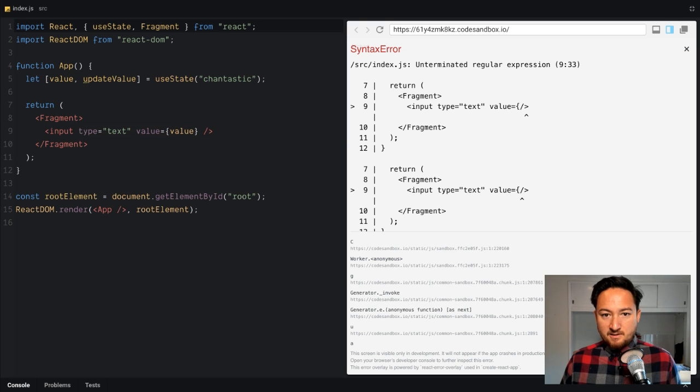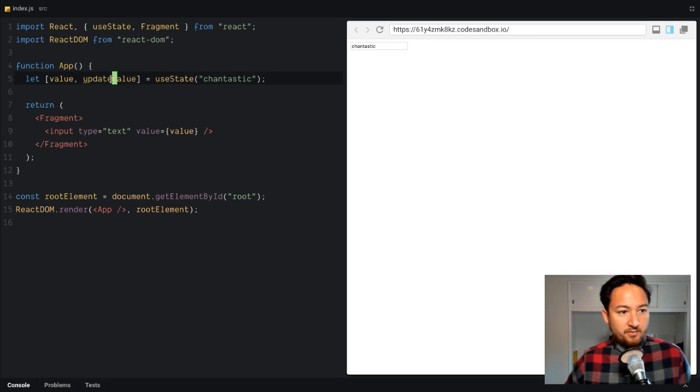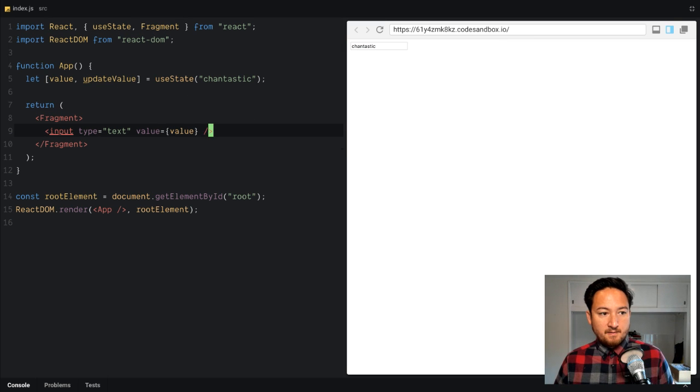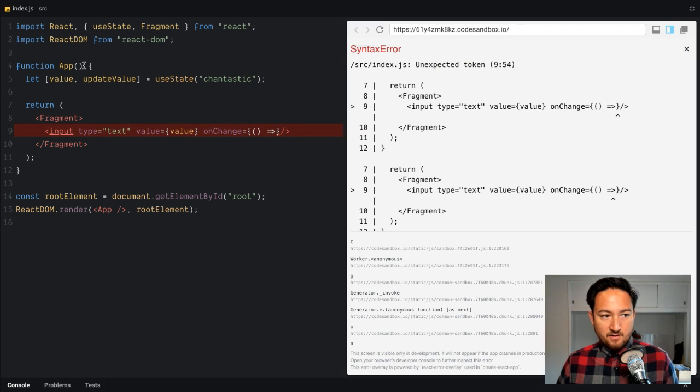Value. So this should be changed now. Okay, cool. Doesn't do anything. So we pulled update value out, and we will do this. So on change. Now I'm going to need to take a function because I don't control this yet. I can do it with a custom hook, but I don't control it yet. And so we'll say take E,